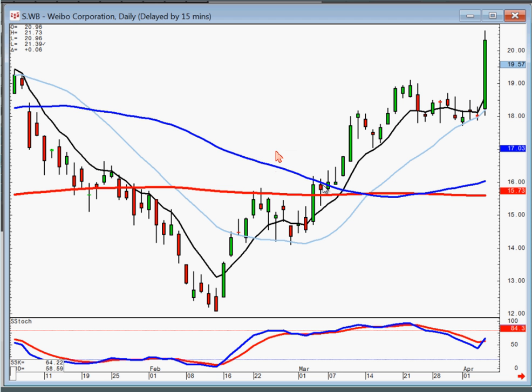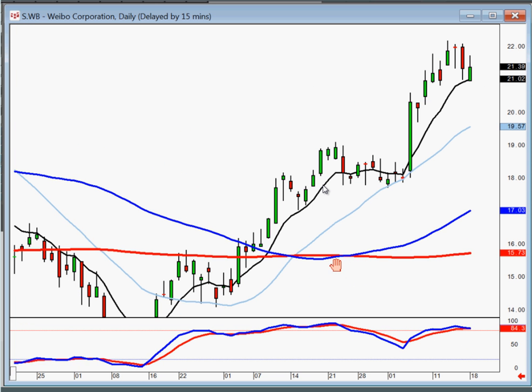WB, big move today. Whoops, not big move today. Another one where all you can do is stay long as it stays above the T line. And Sonic,